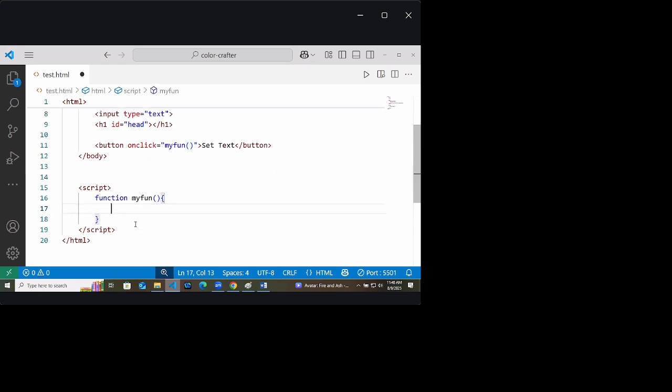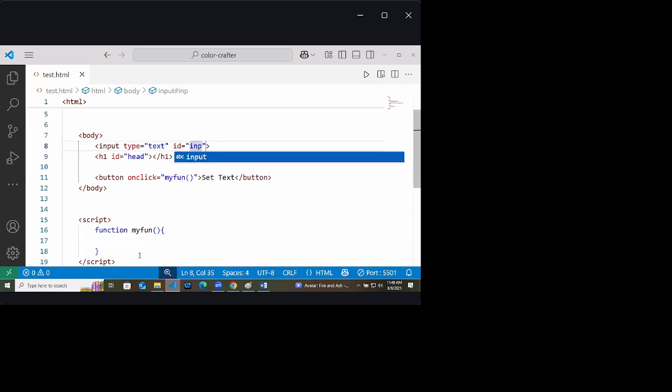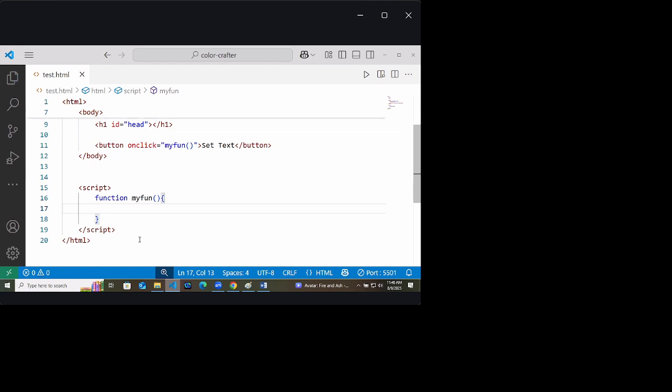At first, this function will go to the document and use the ID. This input box has the ID INP. So myFun will go to document.getElementById with ID INP. Let text equal document.getElementById INP.